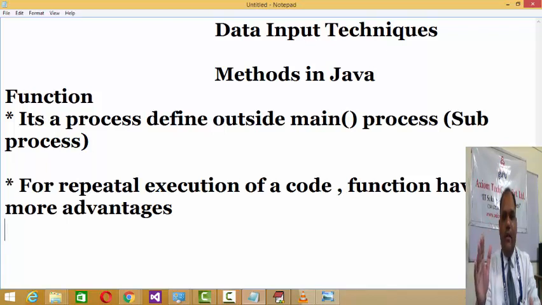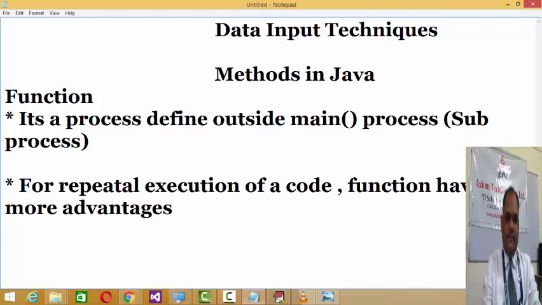If you are repeatedly writing a process of 10 lines 5 times, the total lines become 50. Instead, if you define that 10 line process outside main and call it from main 5 times, the total becomes 10 plus 5, that is 15. The 50 lines of code shrink to 15. That is the advantage you will get.